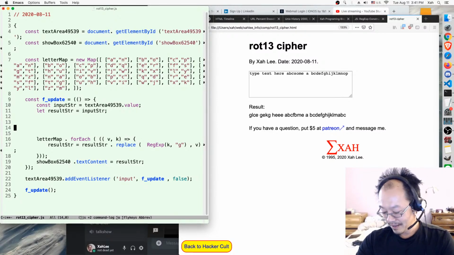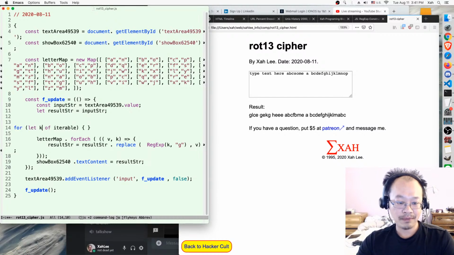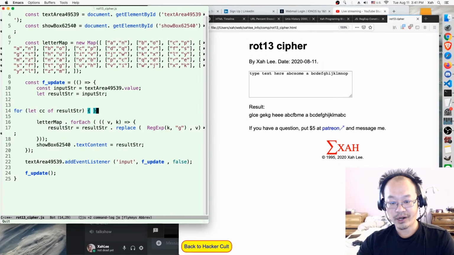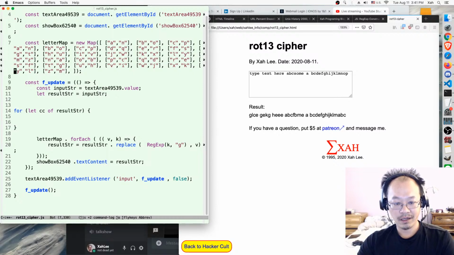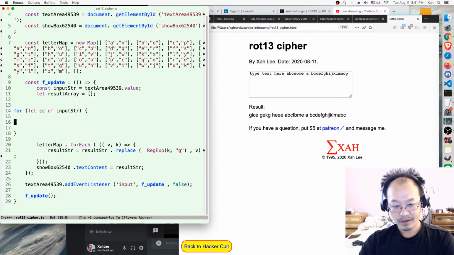Okay, let's do a stupid way. I'm just going to code it fast. So we go through the result string. A string is iterable, so we go through each character. Let's just say cc, which stands for character. We go through each character of the input string. For each one, the result will be an array. So for each character in the input string, we